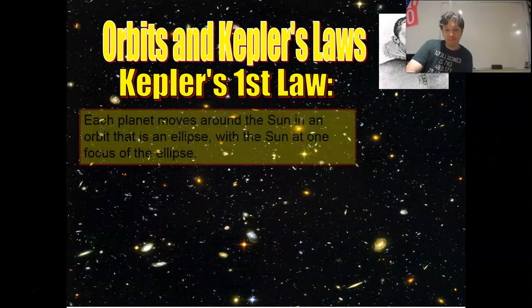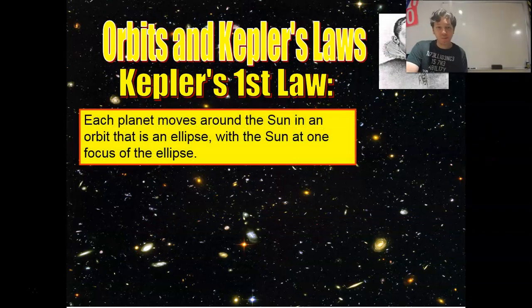First law: each planet moves around the sun in an orbit that is an ellipse. So he used experimental data to prove that it's an ellipse, right? Of course, it was later that people wanted a mathematical law that showed that it's an ellipse, and that's when Newton came out with his universal law of gravitation to say that the force is inversely proportional to the distance,